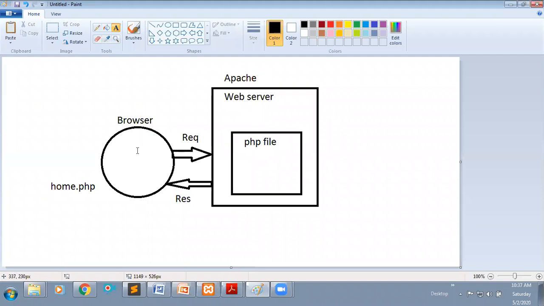By using a browser, you request the home page. If that page is available within the server, it will give the response as an HTML file. If that file is not available within the server, it will give an error message like error 404, page not found.